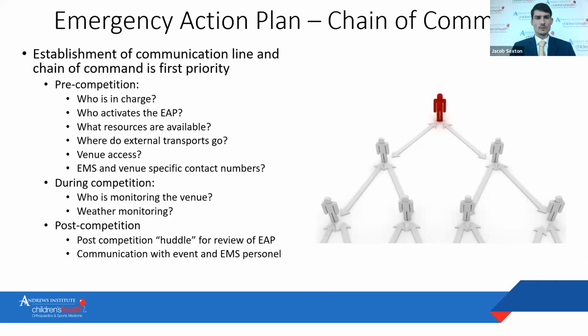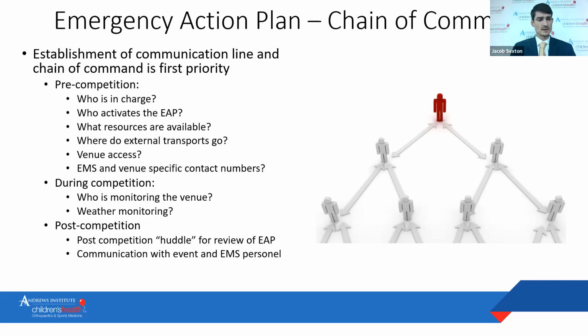So probably the most important part of the emergency action plan is the chain of command. When creating your emergency action plan, it's important that you have a set guideline of who's going to be at the top, and who's going to be responsible for activating the emergency action plan during athletic events. What resources are available? Is it going to be basic emergency medical technicians? Are you going to have full paramedics available at the venue site? Or are you in a rural location where you won't have EMS services available, so you have to know whom to contact whenever an emergency arises in order to have EMS arrive at your venue?